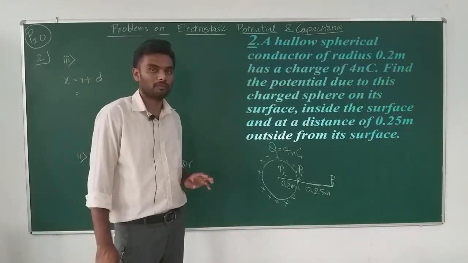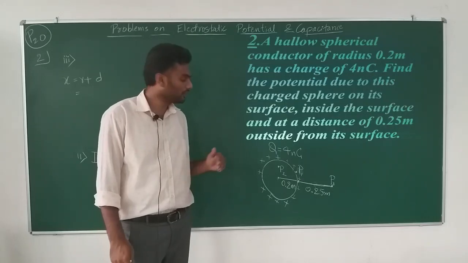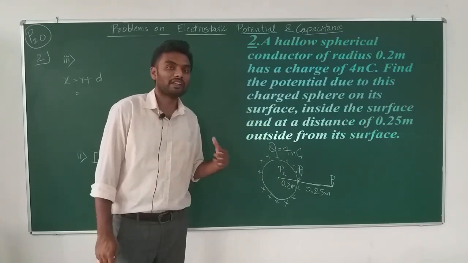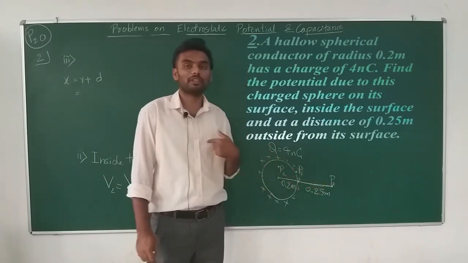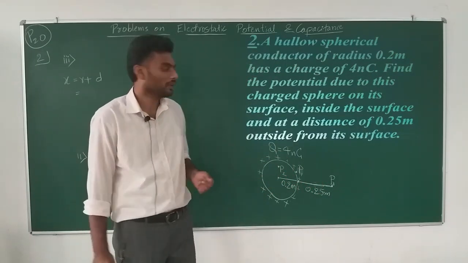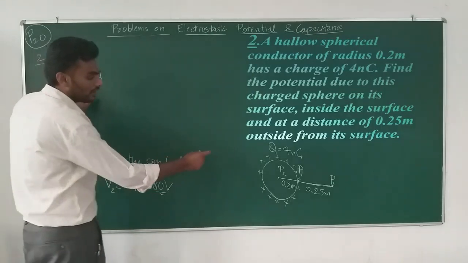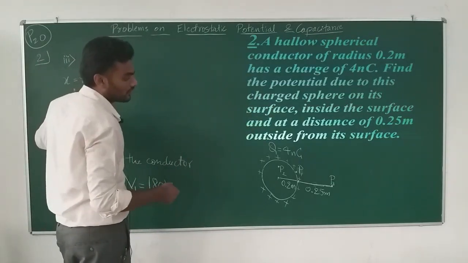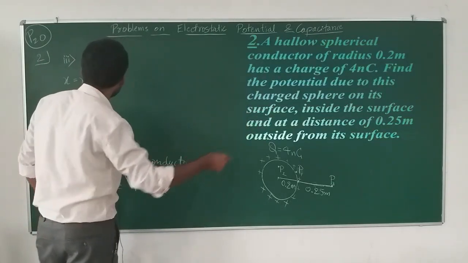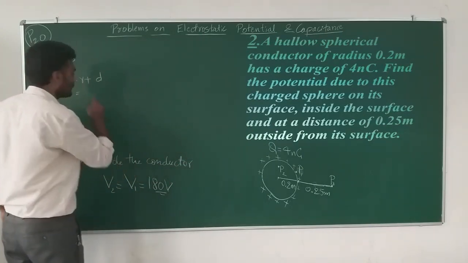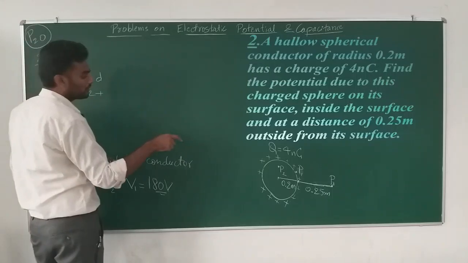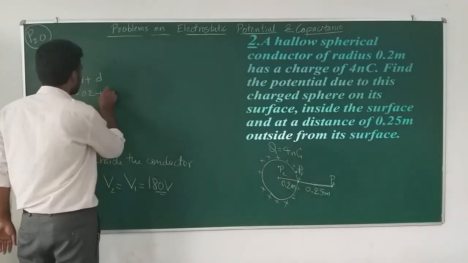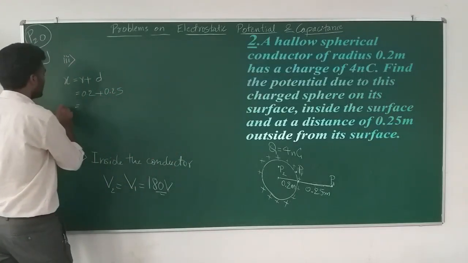But because the distance is measured from the surface, not from the center, I need the distance from center to the point where we need the potential, and that distance is radius plus the extra distance. So r is 0.2 plus d is 0.25, which makes x equal to